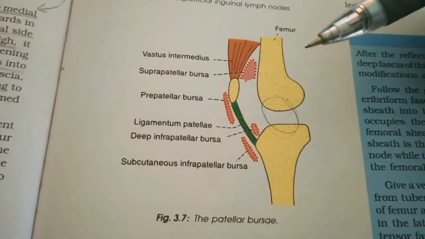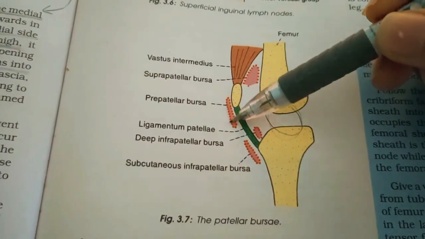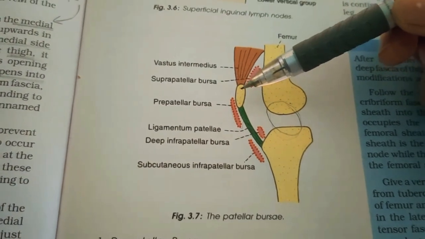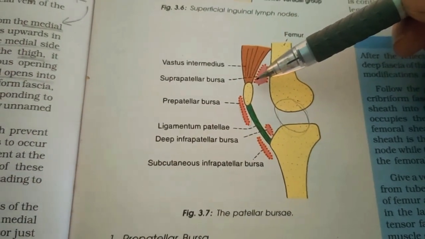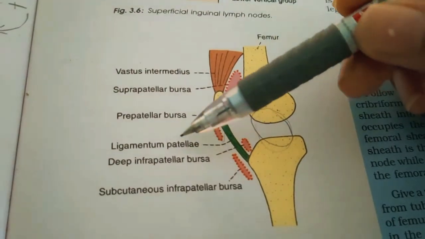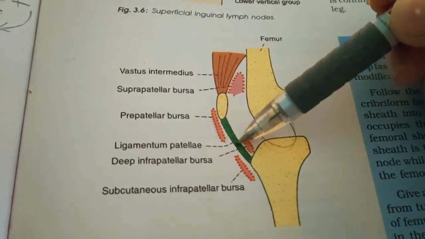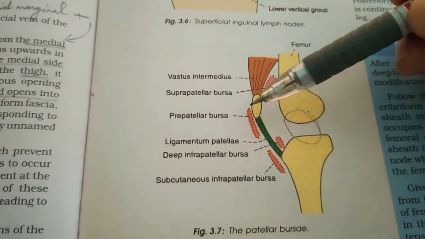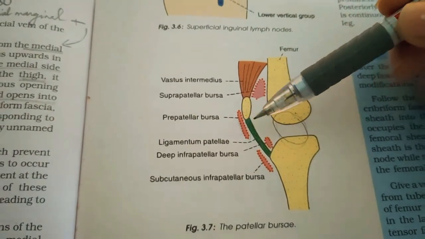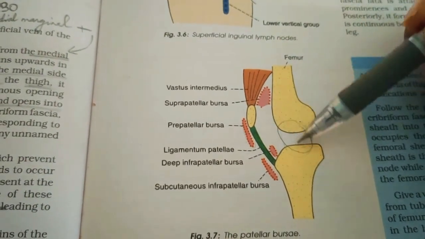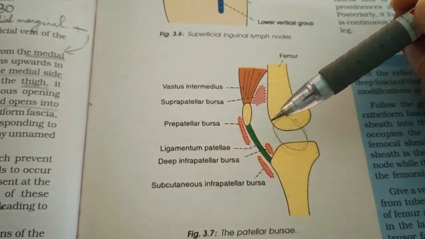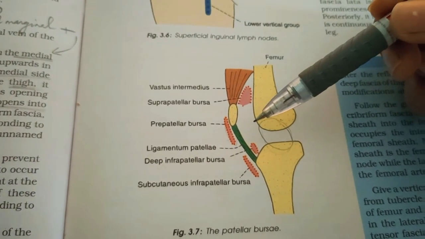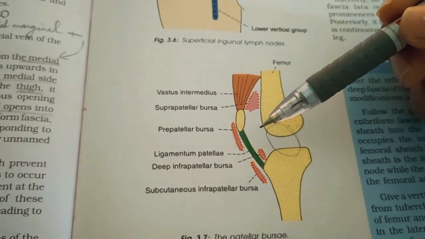First you have the prepatellar bursa. You can see this one is the prepatellar bursa. It lies in front of the lower part of the patella and the upper part of the ligamentum patellae. First we need to see where the ligamentum patellae is. This is the ligamentum patellae. So this prepatellar bursa is present in the upper part of the ligamentum patellae and the lower part of the patella. Chronic enlargement of this bursa is called housemaid's knee because it commonly occurs in housemaids of western countries who kneel for cleaning floors.